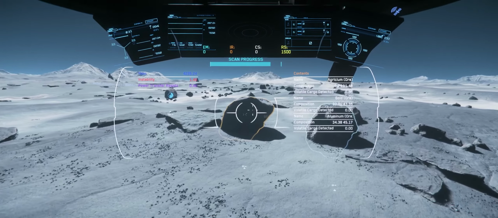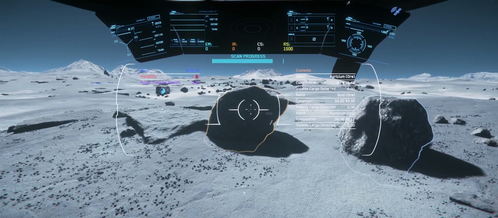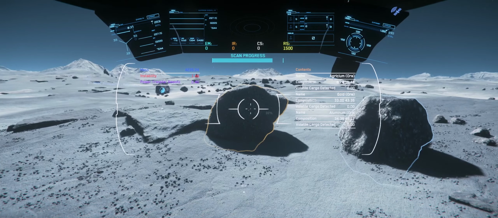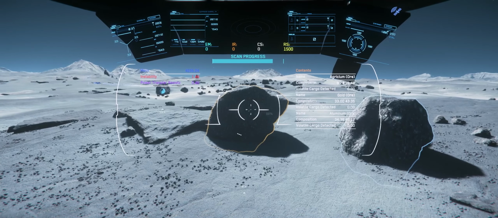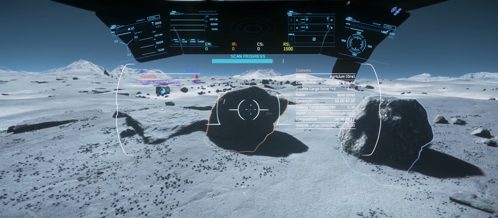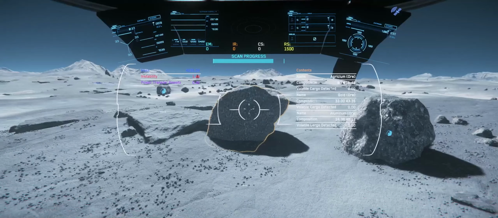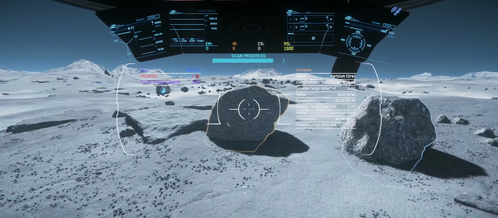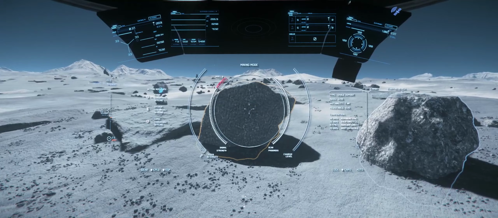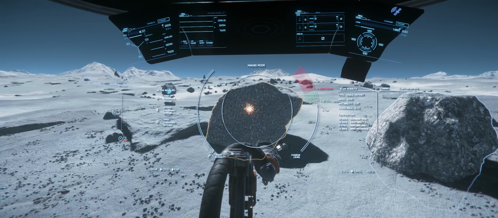So for this test, I don't really care what the rock is. I was actually looking for a big rock with a high mass. The mass is the trick. The higher the mass, the harder the rock will be to break. But even a lone prospector, and as you can see, I'm alone, a lone prospector can crack any rock. Now, this particular rock with a mass of 4,200